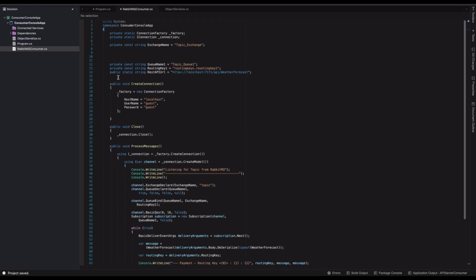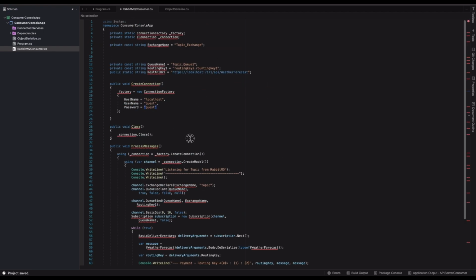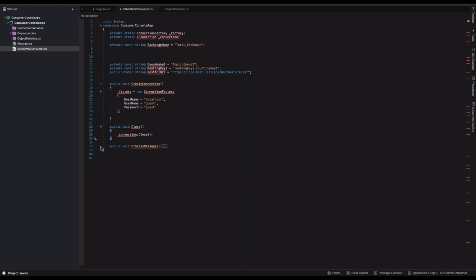Okay, and I'll explain again. Process message, it requires an extra bracket as well, and all of the